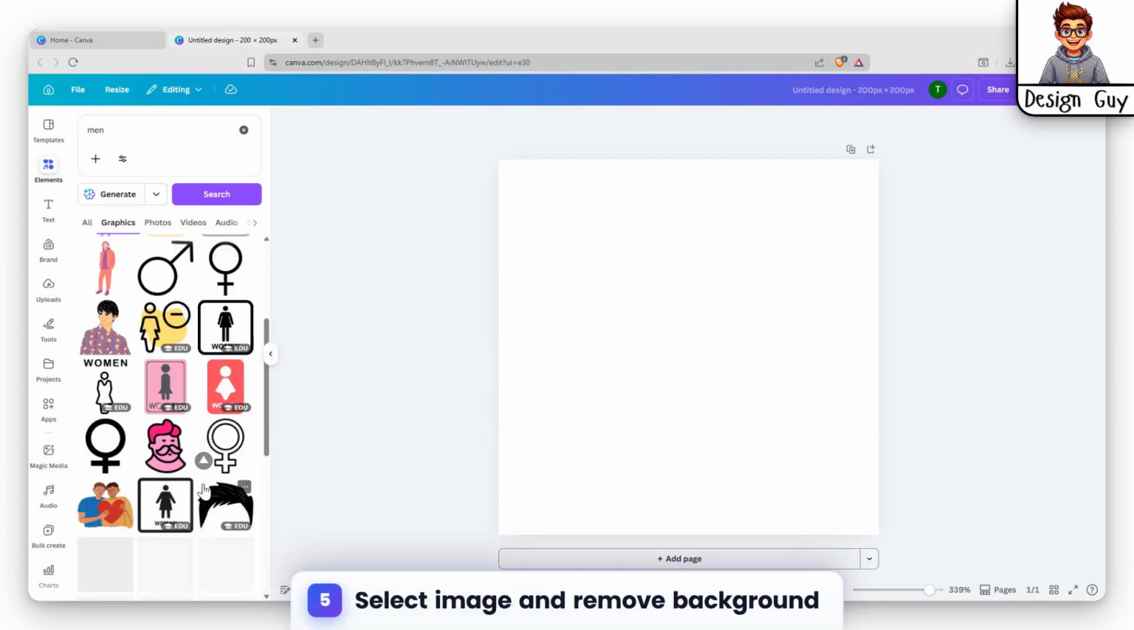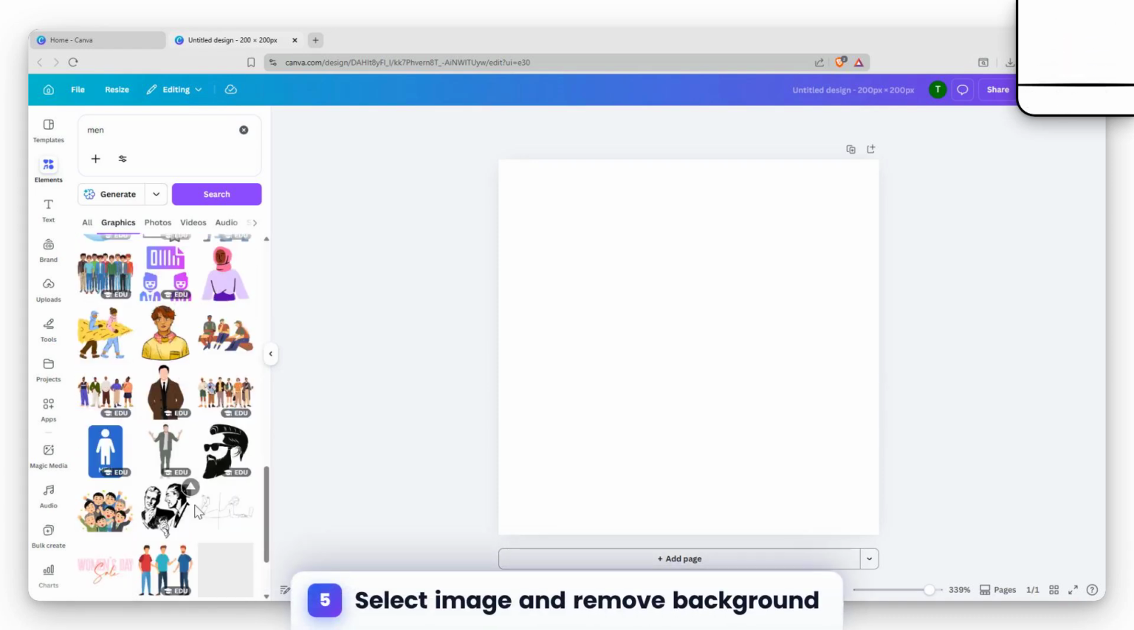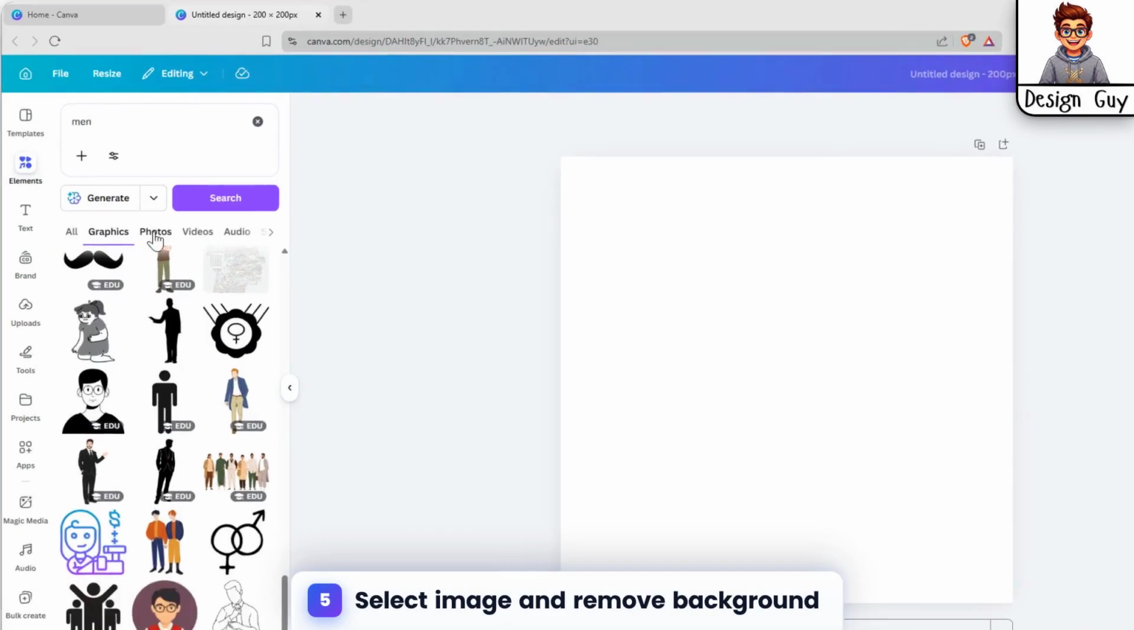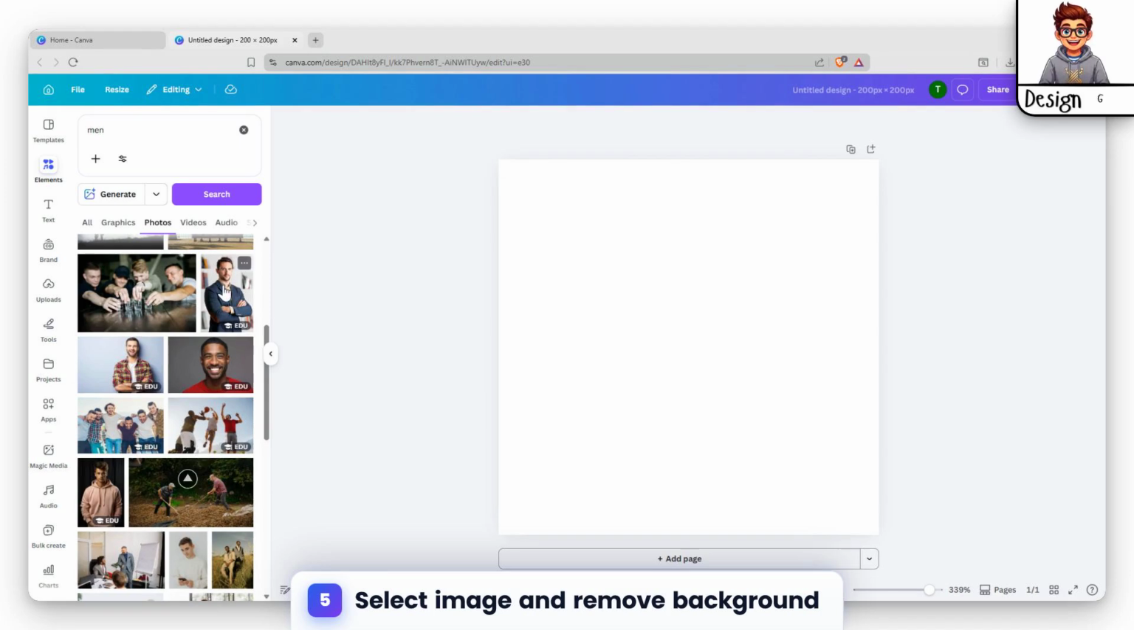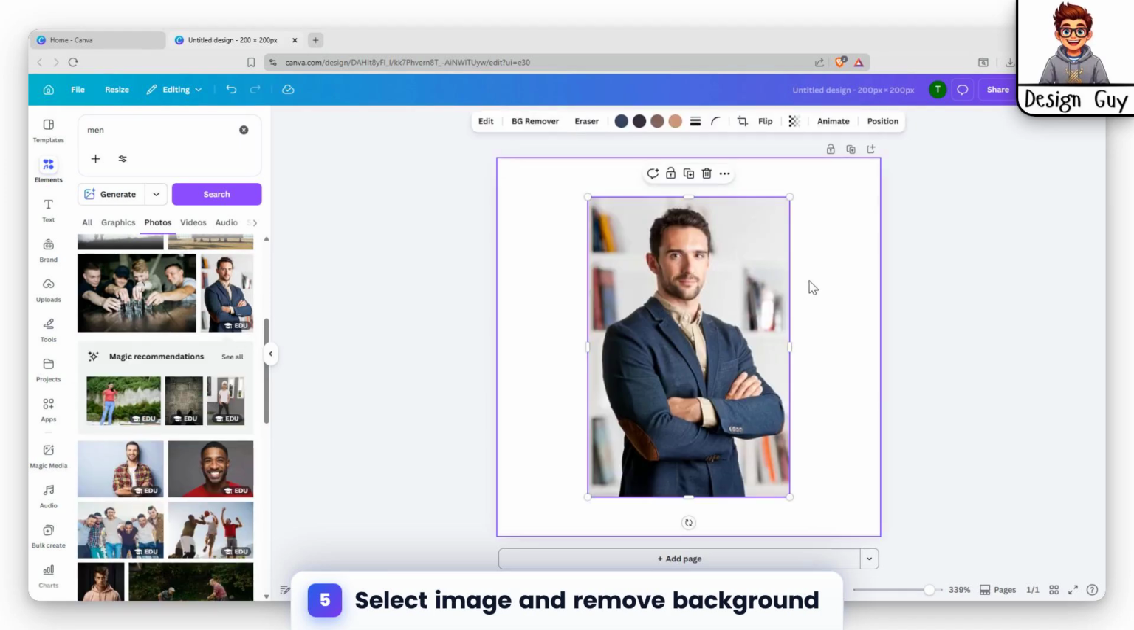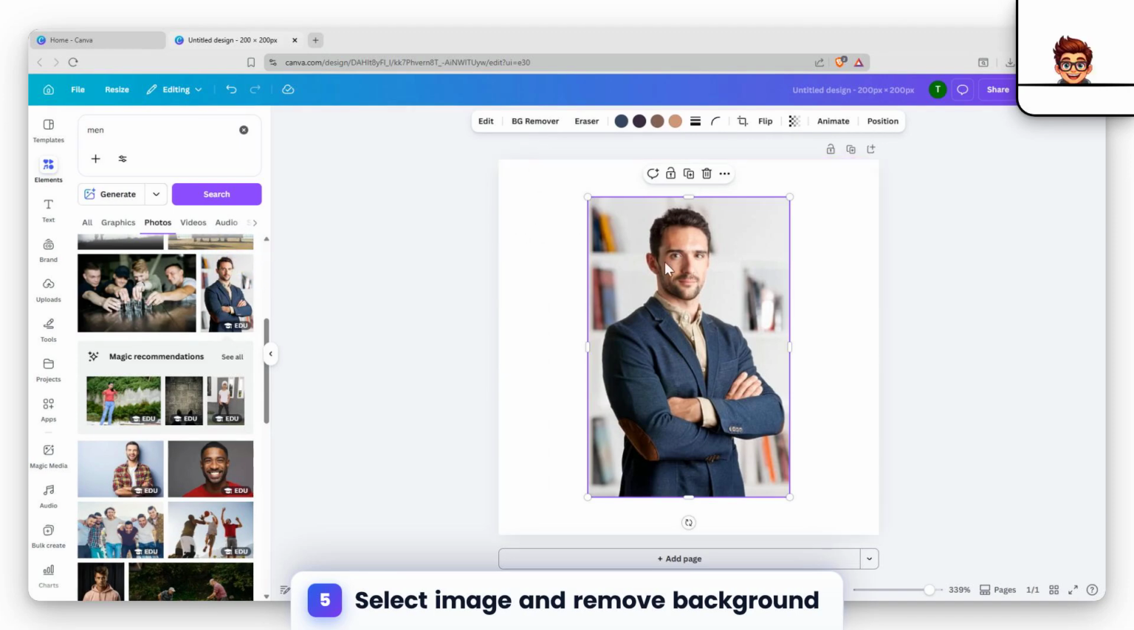Click on the photo you want to edit. For this example, let's select this image. Once the photo is open, locate and click the Beach Remover button. This tool will automatically begin processing the image, removing the background to leave you with a clean, isolated subject ready